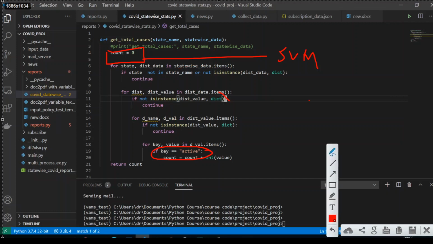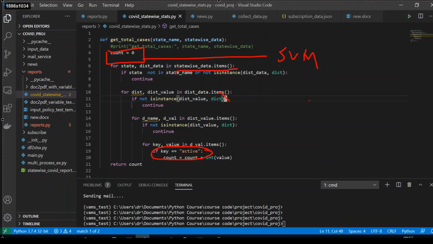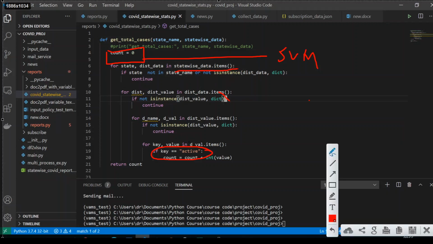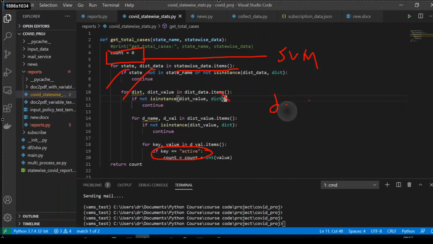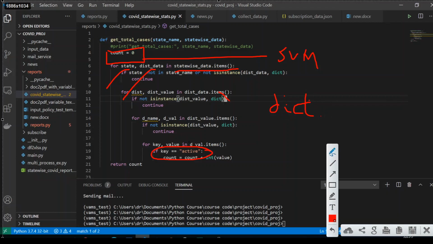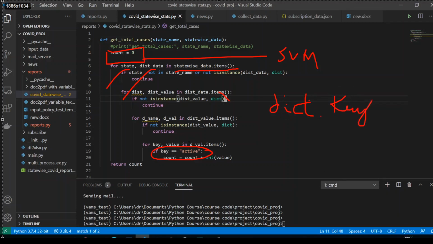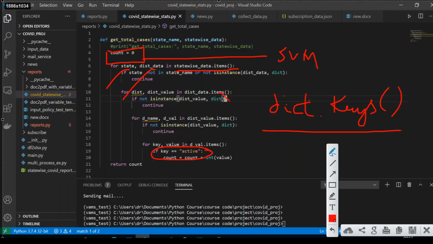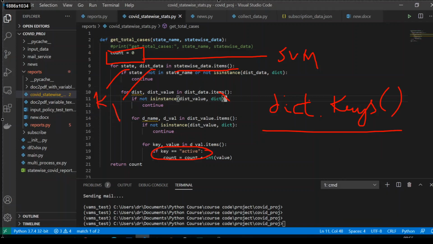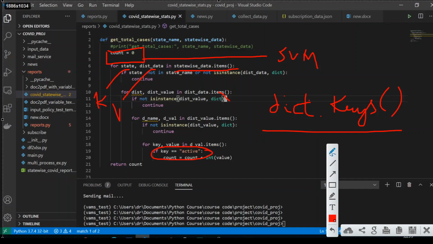So what we are doing here is simply getting the dictionary items, the state name and the district data. If you do dictionary dot keys, you will get the list of states. If you do items, you will get the key and the value. So this is key and this is value. I will go here and I need to match with this state.